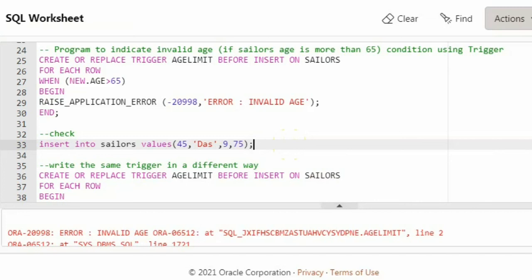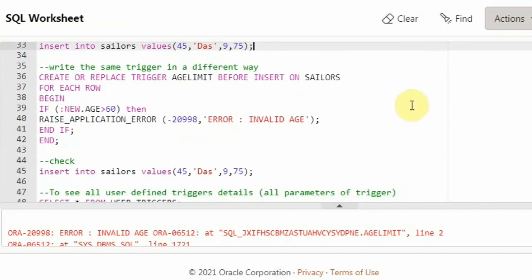And the next one is to write the same trigger in a different way. So this is a before insert on sailors, begin. In the earlier case I used when, right? I said when age is greater than 60.